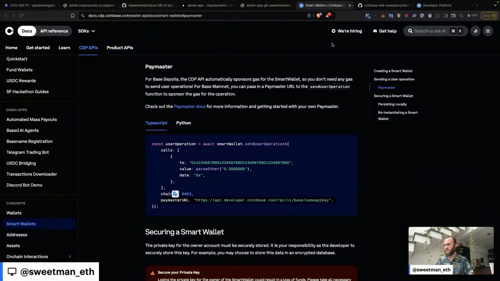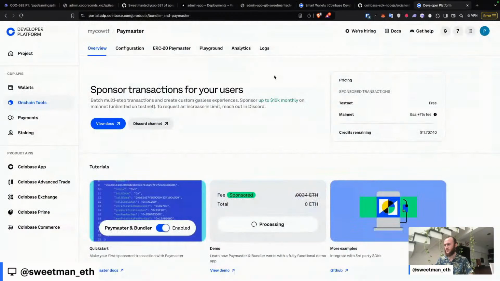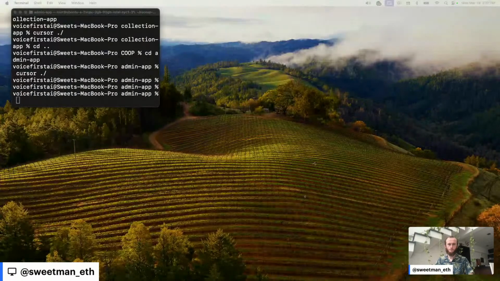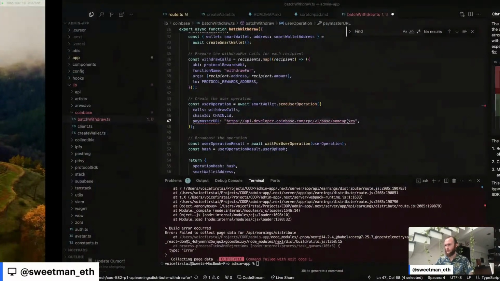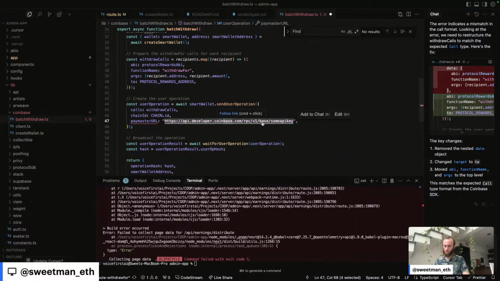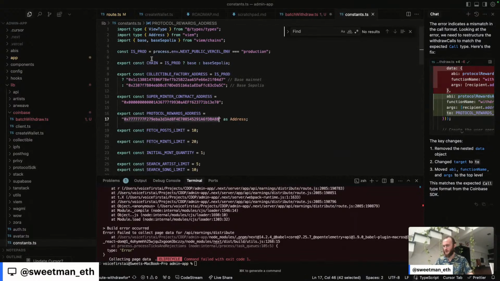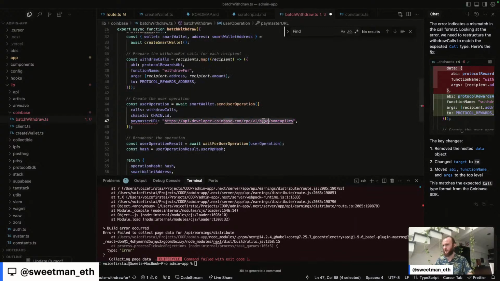And I'm going to move this off screen so that I can get what those formats are. We have an isProd flag. And so here we say